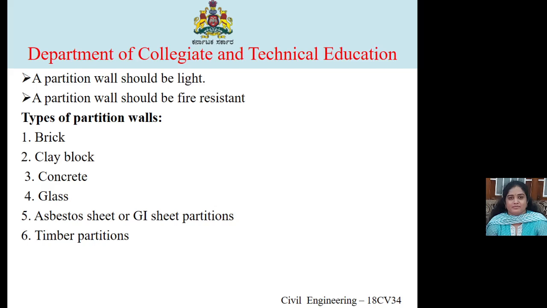The important points of these partitions are that any decorative effect can be produced by using glass sheets of different colors. The partitions of glass sheets are light in weight, vermin-proof, soundproof, and damp-proof. They require less space, provide enough privacy, and transmit diffused light. In modern times, it is possible to use special types of glass sheets such as wired glass, bulletproof glass, three-ply glasses, etc. So these are the different types actually.